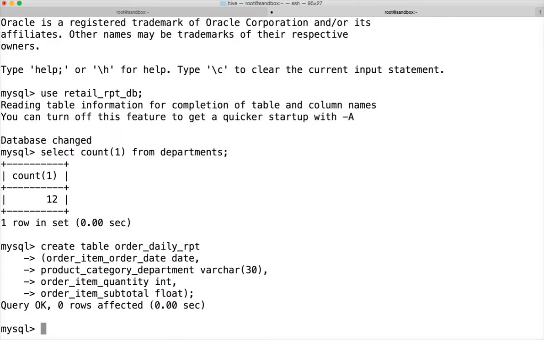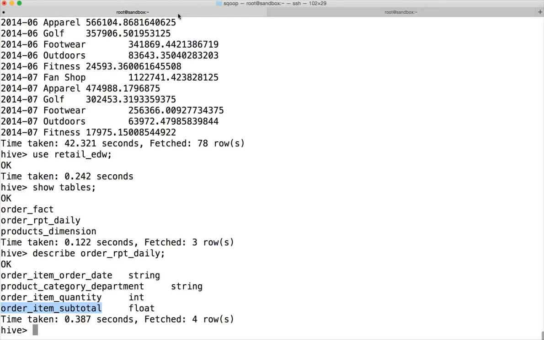Float and hit enter. Now the table is created, and now we have to export data using the Sqoop command from this table